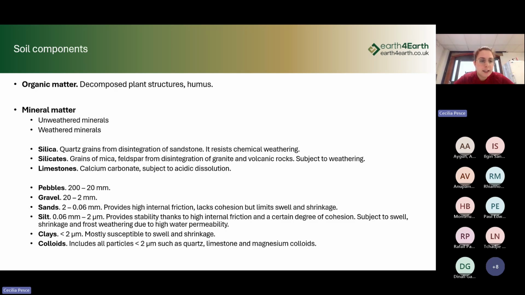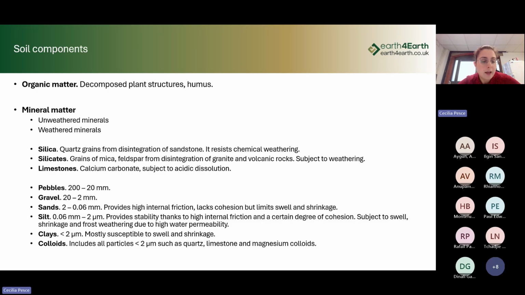Then we have our silicates, so mica, feldspar, and other silicates, and these are subject to weathering and can form clay minerals and are more reactive. And then in some soils we have also limestone or other calcium carbonate based rocks, and these are subject to acidic dissolution, so we can have another range of